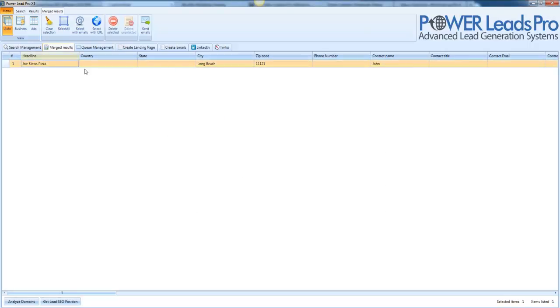And here we go. We got the business name or the headline, and this is from our CSV file. Contact name, emails. Now you'll see why it's important that we have to match the columns up with the columns from the header in our own CSV so the data falls into the right column, so we can utilize the different features in the software